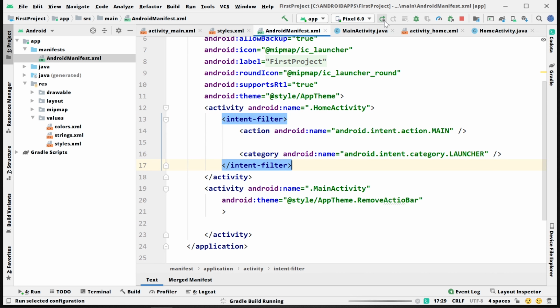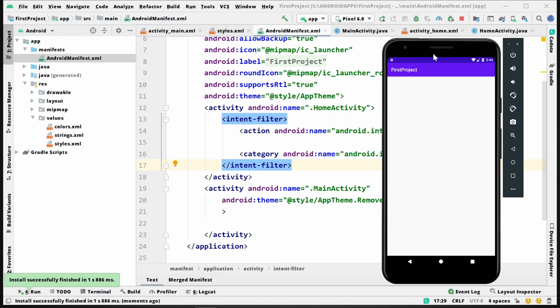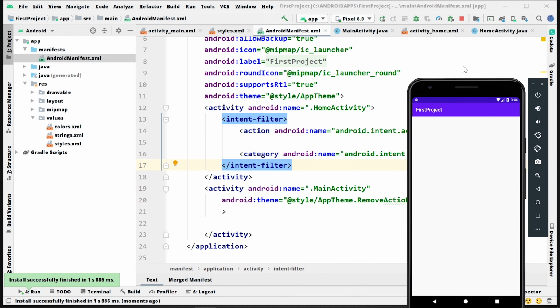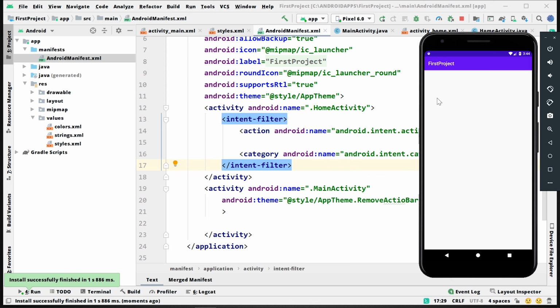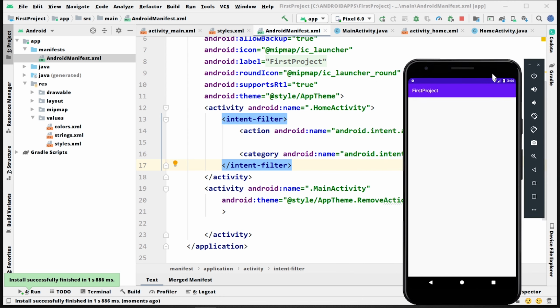Now let me run the app. What this means is, if you keep this intent filter in the home activity, then the home activity will be opened first. Now you can see this is our home activity screen, and the window action bar is not removed. So this is how we remove the action bar from a specific screen.